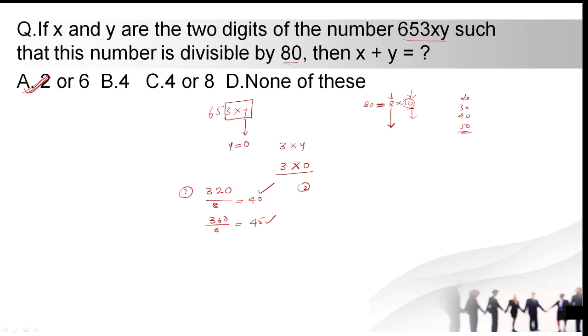That is the second one. So 340, in the place of x I just want to substitute the x value, and we need to divide this by 8. So 4 8s are 32 and the remaining is 20. There is no 20 in the 8 table, which means option B is wrong. Then comes C. In the place of x, first we need 4, which we have already solved, and it is not a correct answer. And just try it for 380 by 8. So 4 times is 32 and the remaining is 60. There is no 60 in the 8 table also, which means C is also not the answer.